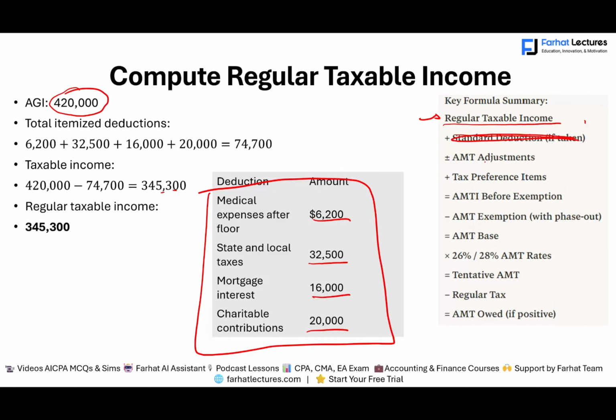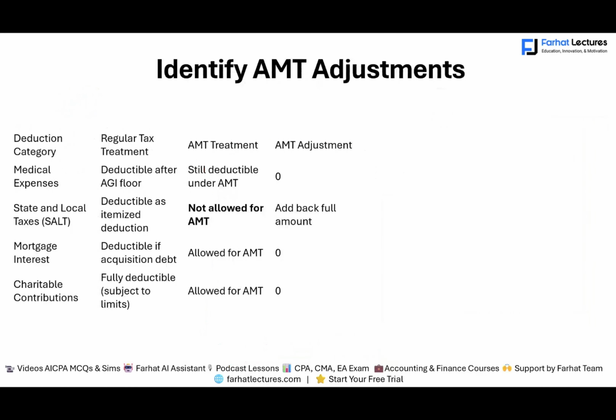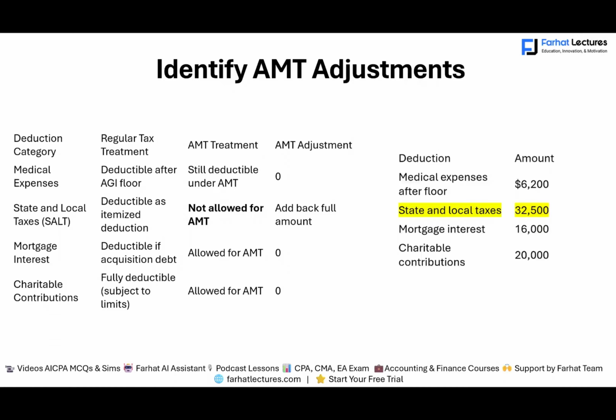Now we're going to move into the adjustments, and the first adjustments we are going to make are the adjustments for, you guessed it, Schedule A. So what do we need to know about Schedule A adjustment for AMT? You cannot take the state and local taxes. What does that mean? It means we need to add back now